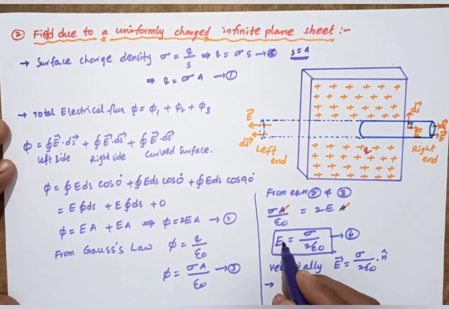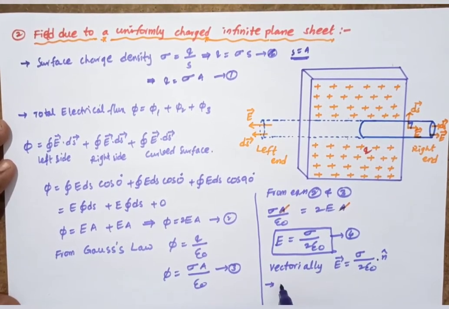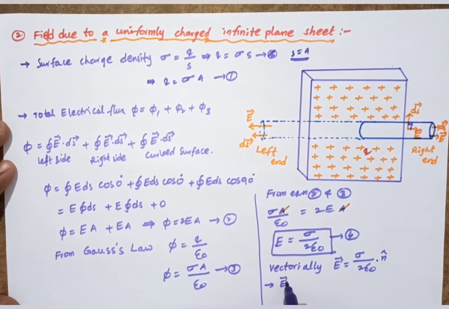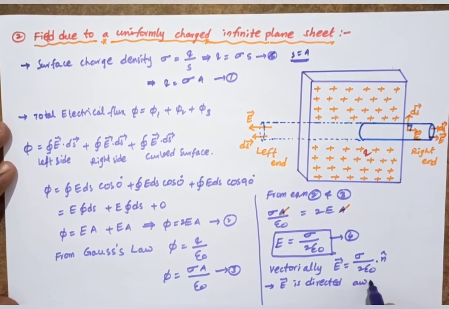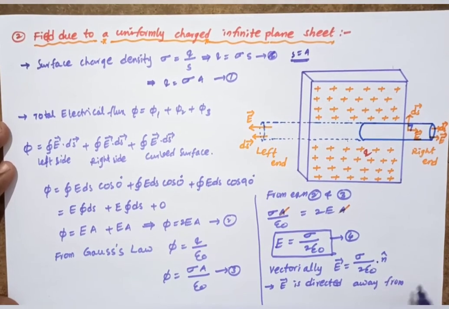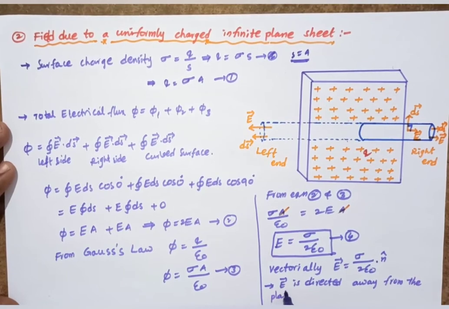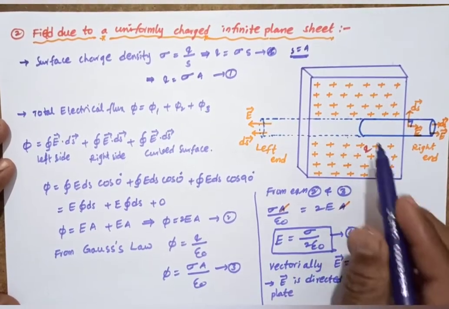So what is the direction of E? E is directed away from the plate, the plane sheet, if